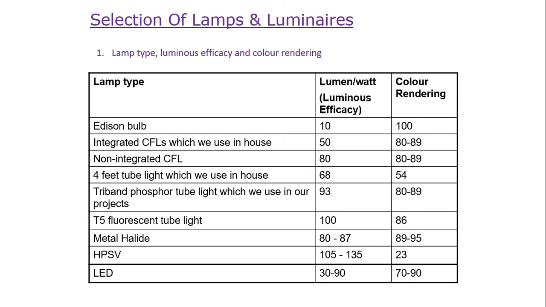So the yellow colored lights which we still see in some street lights are all HPSV, high pressure sodium vapor lamps. Everything we see is yellowish. The color rendering index in this case is extremely poor, as we would not be able to identify the actual color of the object being lit up by the light fixtures. So if we are looking at color rendering index, HPSV is definitely the worst selection, and we should not be selecting HPSV in that case.